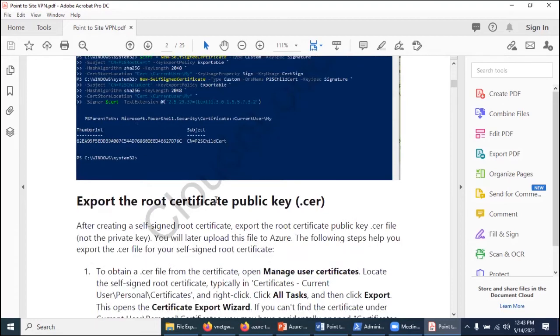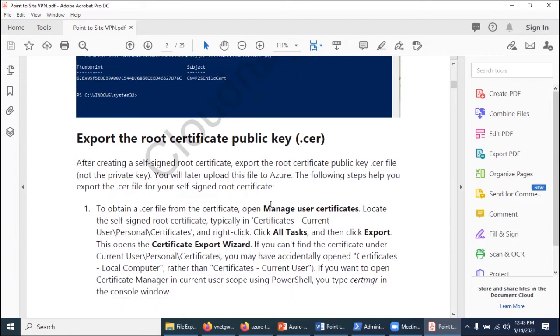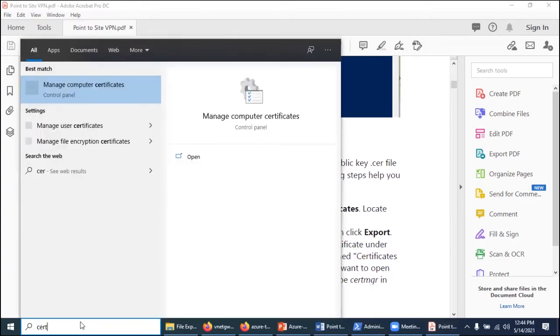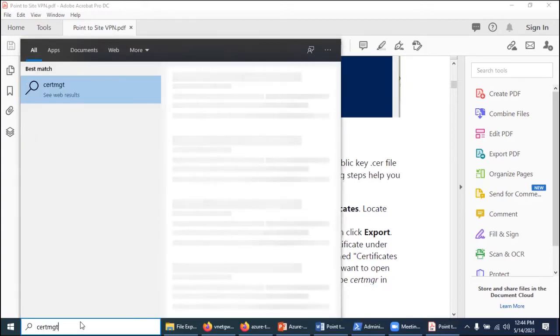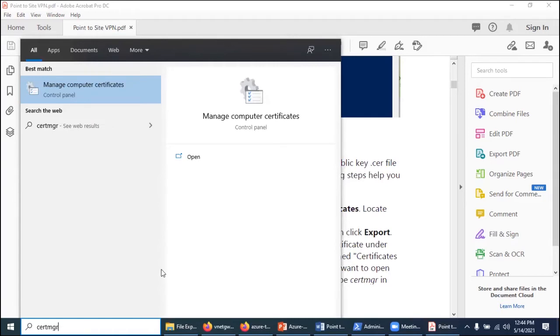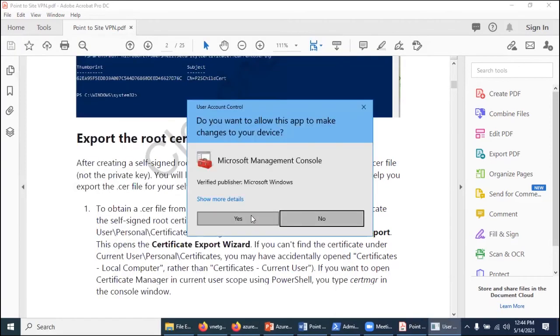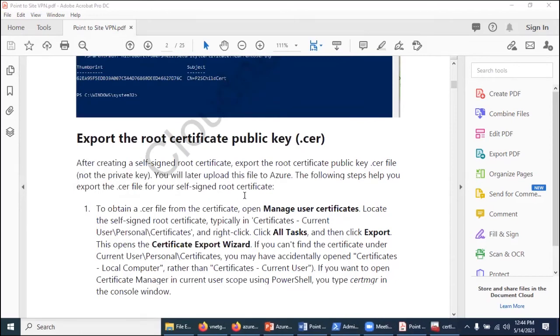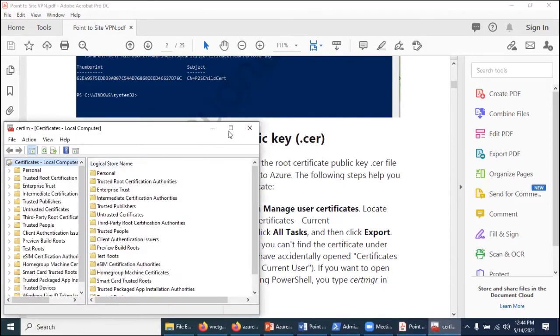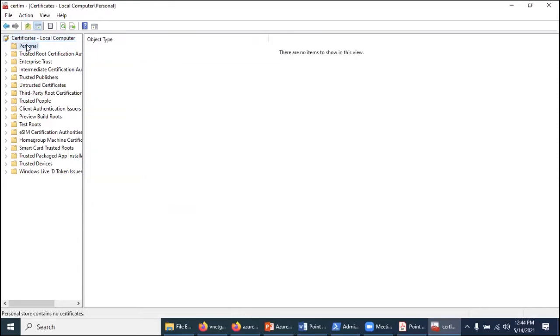Now we need to export both certificates, the root certificate as well as the child certificate. For that, search and type cert manager, open the manage computer certificates, go to certificates and go to personal.